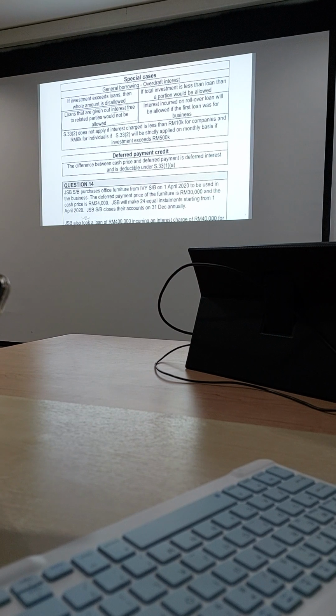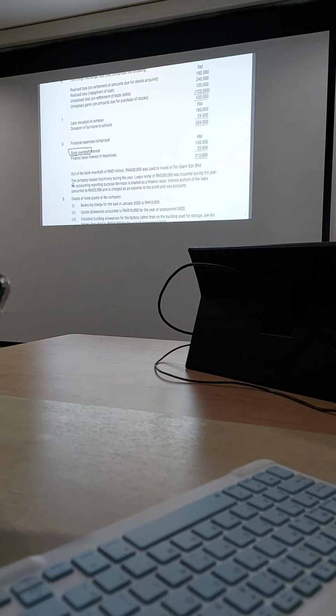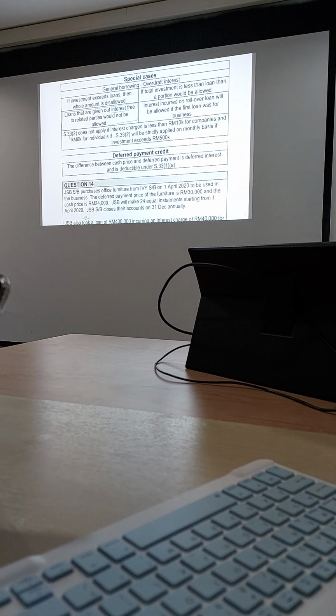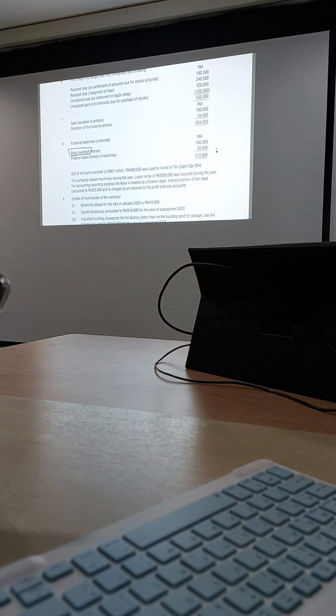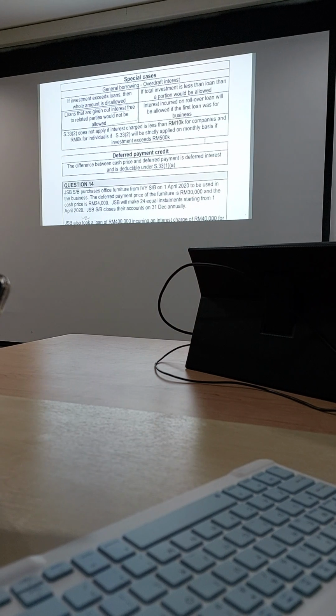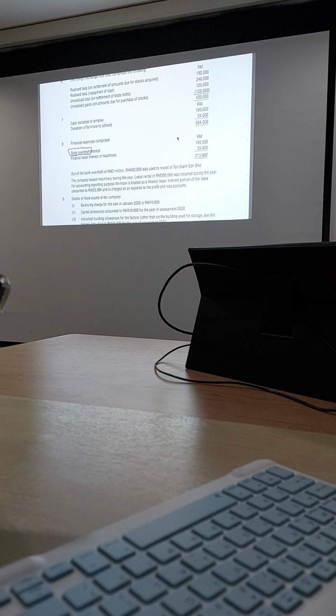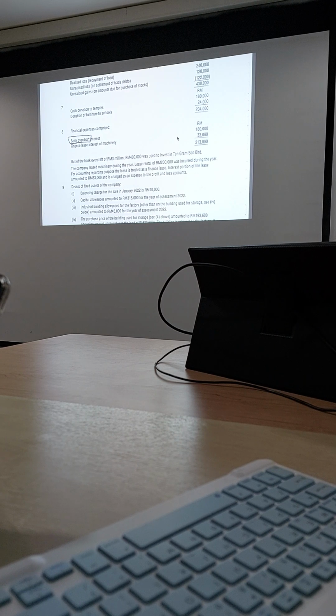So here, asking you, how much is the interest? Because they have investment, then you have to trigger the idea of interest restriction. You remember this one? Okay. Section 33(2) does not apply if interest is less than 10k. Is it 10k? No, more than 10k. Therefore, already applied. Strictly apply if investment exceeds 500k. Well, how much is the investment? Do you know how much is the investment? Well, not really, right? No.